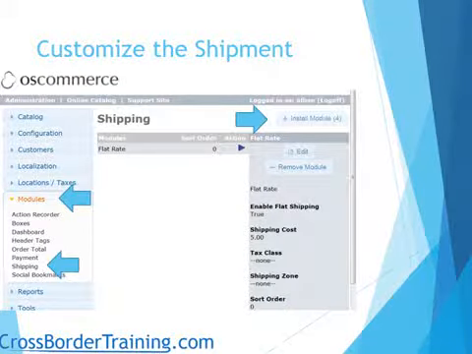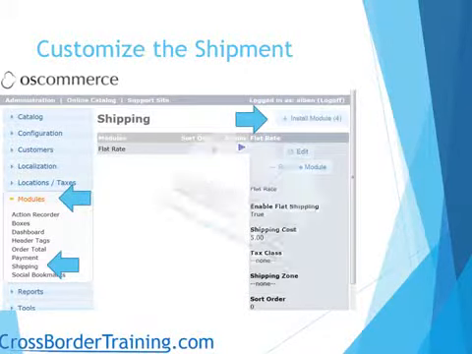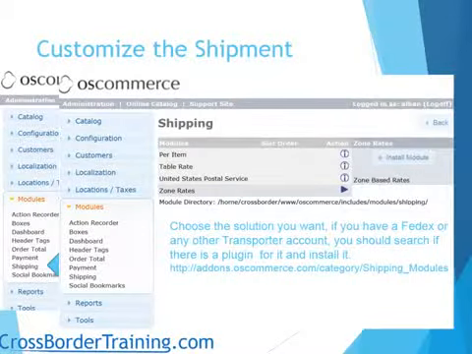So for the shipping, you have to give a price for the shipment of your product. In the administration, you go to module, shipping, install module, and here you have different solutions for estimating the price of the shipping. If you have an account on FedEx or anywhere, you can also install the specific module for your platform. You go on add-ons,